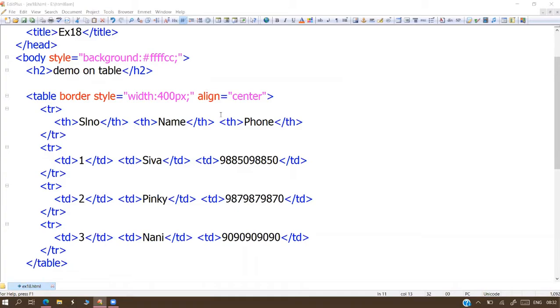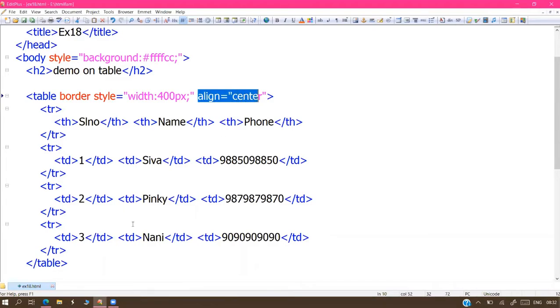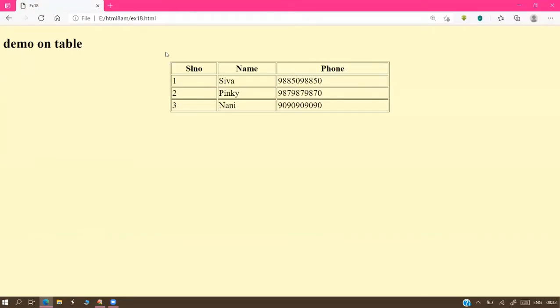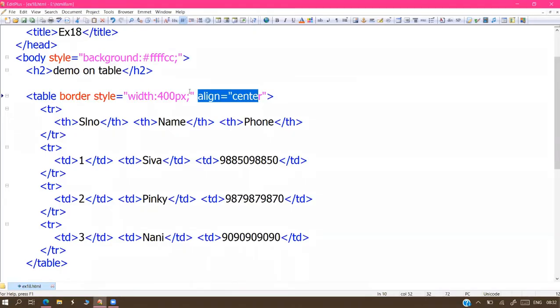Very recently, I touched on two words, align and text align, in explanation, but we are not working practically. Now this is the right situation to identify the difference between align and text align. See that one. This is align. If I use text align in the same place, the table does not move anywhere. See, text align equals center.